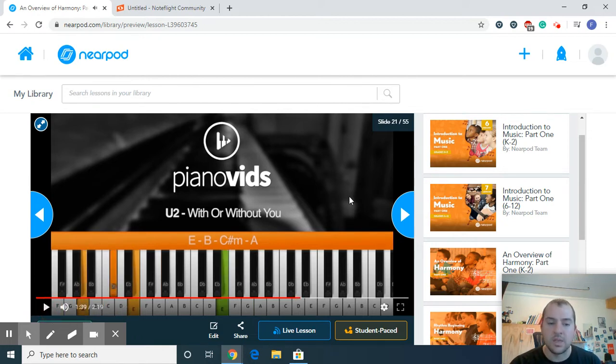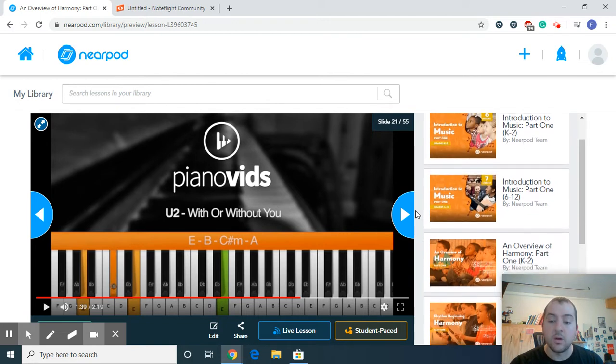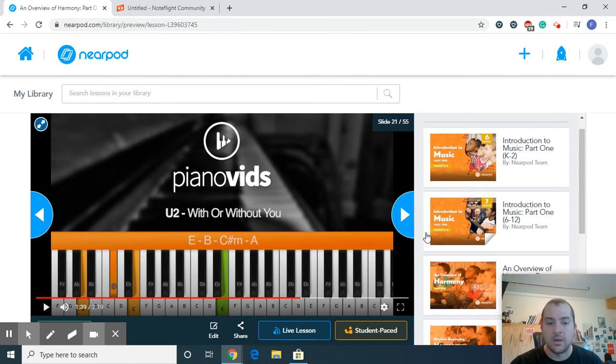Okay, so you get the idea. These four chords are used in pop music a whole lot. And all of these songs with different melodies have the same four chords. These four chords are known as